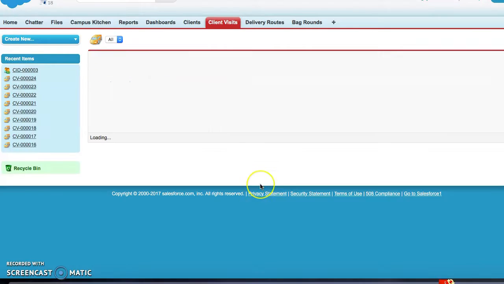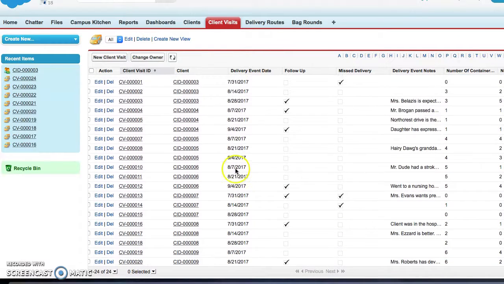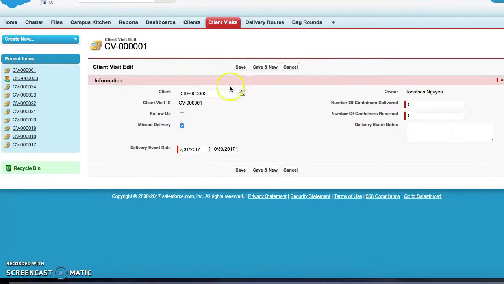And then we have all of these client visits that we have added in. You can just see some examples. Of course, they're sorted by client ID right now, but you can see some of the delivery event notes, etc. So we have the client visits in there, the whole CRUD. You can read them, you can update them if you press edit, and you can also delete them,